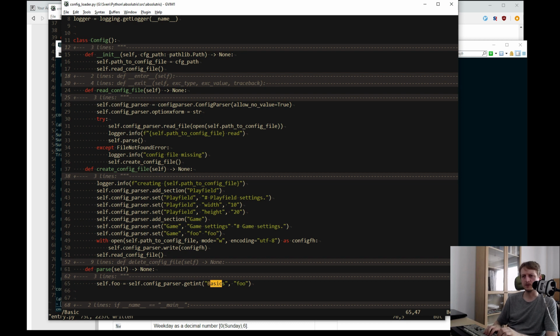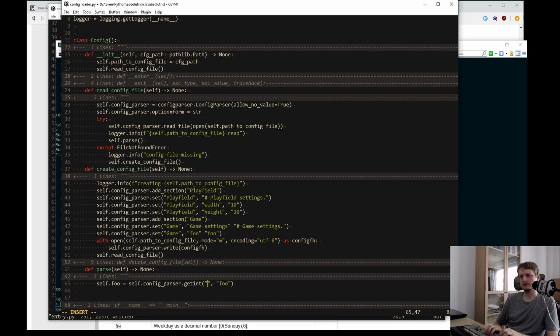Haha, here we go. This is where it says get integer. Yeah, then this is not happening. Right, I understand. Read config file. I invoke parse, and by parse I mean it has to read.